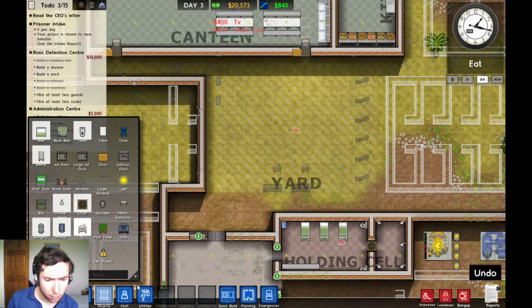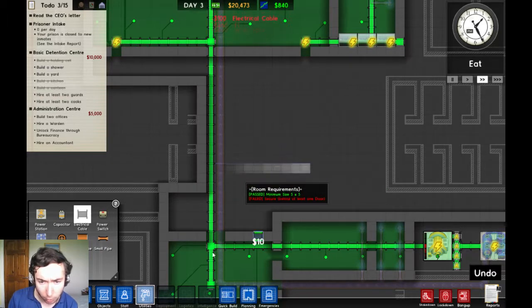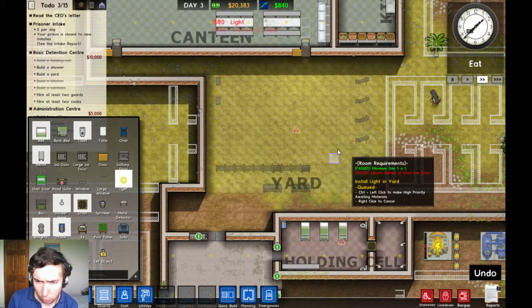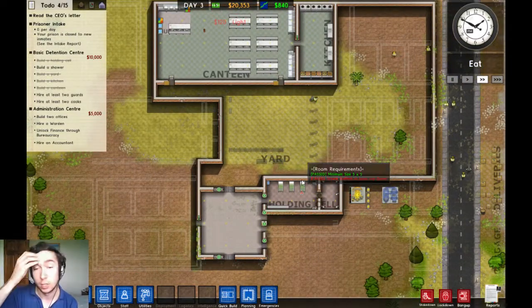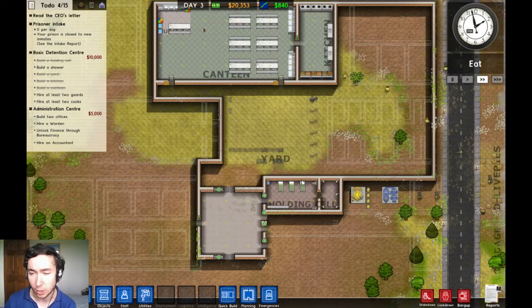TV. And the televisions do need to be connected up to the power, so we'll do that. And just for the sake of things, we'll put in some lights there, because it can be a little bit annoying. I don't like the guards running around with flashlights, and it's very frustrating, because I prefer them to have lights and things like that, but then this is outdoors, so...